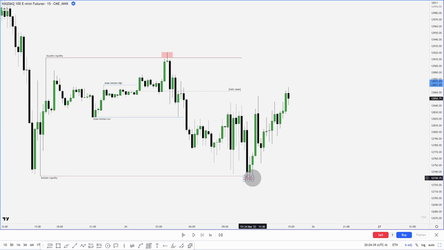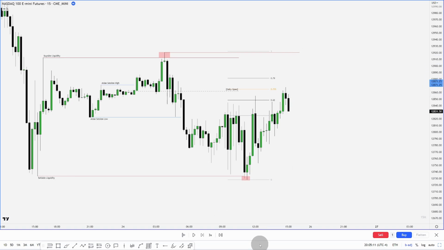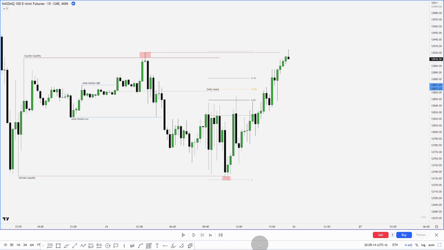Cleaning this up and going to let it play out, what are the three things we're looking for from this deviation down here? Well, that is either a reach for an OTE from this high to this low in equilibrium, or reaching for this buy side liquidity. And so if you notice, we already hit our equilibrium right here. We've reached out into an OTE, and if we are going to expand, I'd want to see us reach up into there. And there we go. We reach for buy side liquidity.